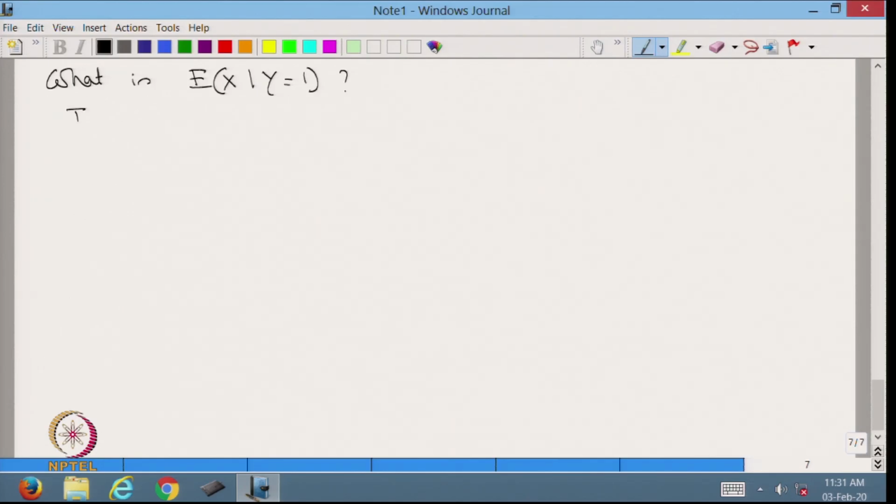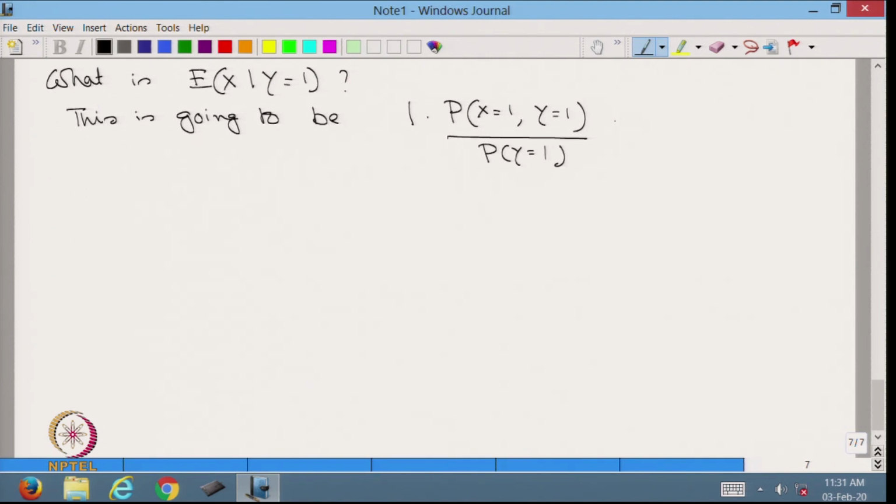Quite naturally, this is going to be 1 into probability x is equal to 1, y is equal to 1 divided by probability y is equal to 1, which is equal to 1 times 1 by 6 into 1 by 6 upon 1 by 36, which is equal to 1. Expected value of x given y is equal to 2 is equal to